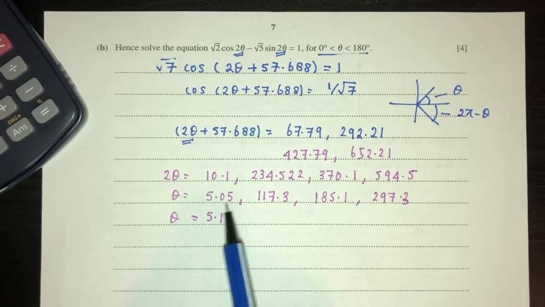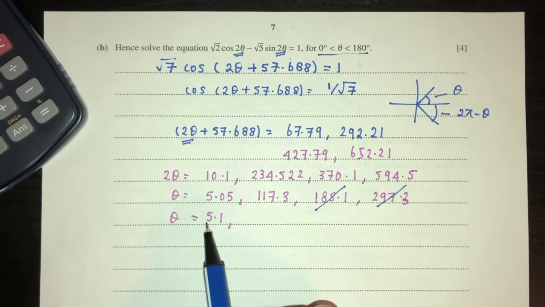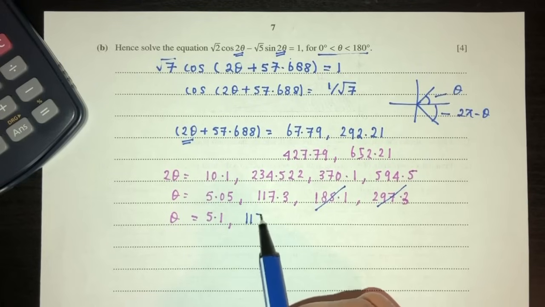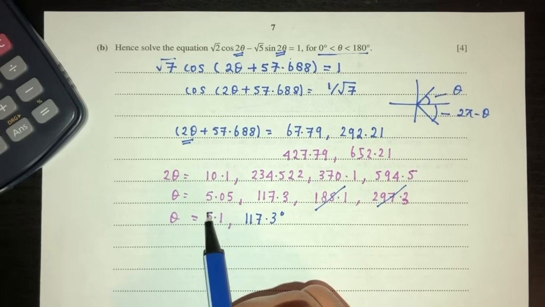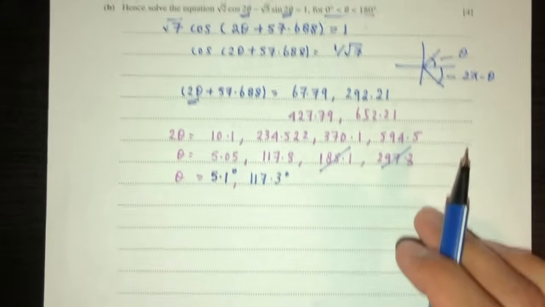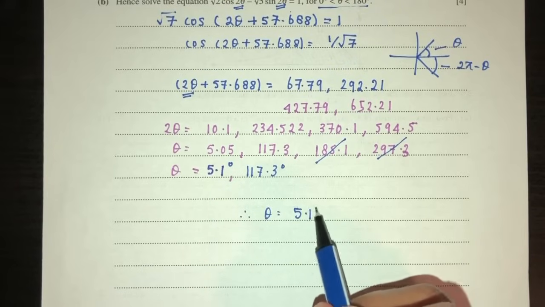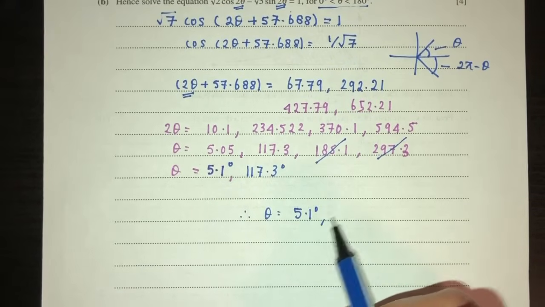So now, as you have known from the first part here, theta is between 0 and 180. So let's see, outside the range will be this past one, so we only have two values, 5.1 and 117.3. So this will be your two values of theta. That is your answer. So let's write it again. Theta is equal to 5.1 degrees